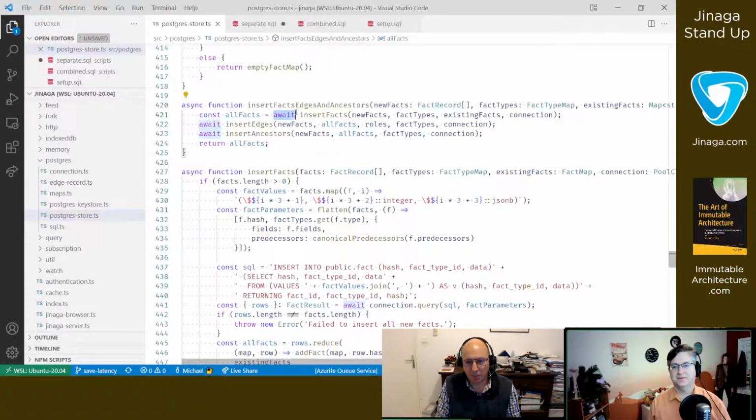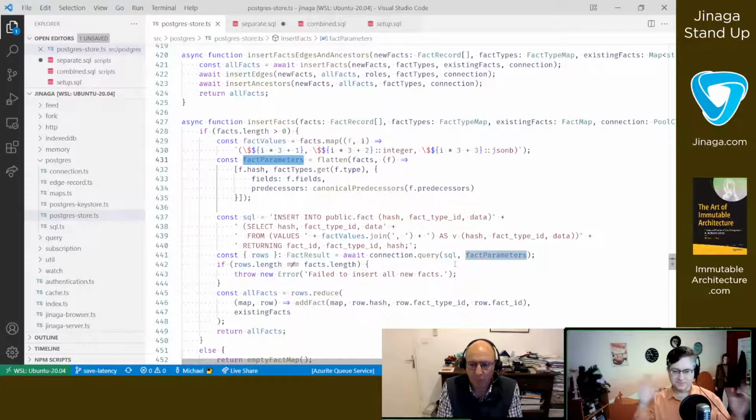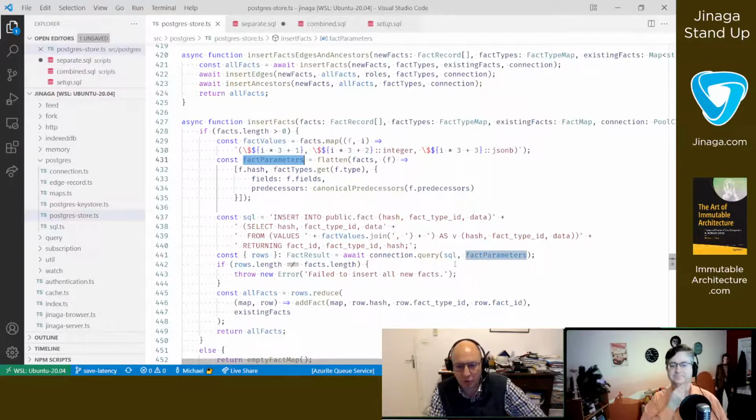And now this one, I'm going to generate some SQL, generate some parameters. So these are the parameter placeholders, and then these will be the parameter values themselves. Generate that and execute it. And in one round trip, you should be able to get the database up to date.